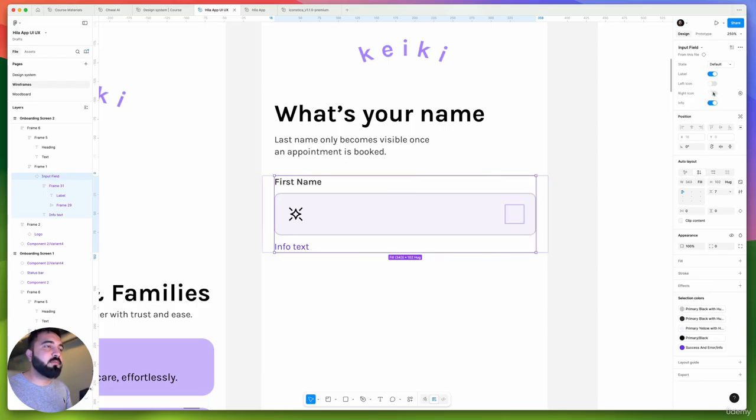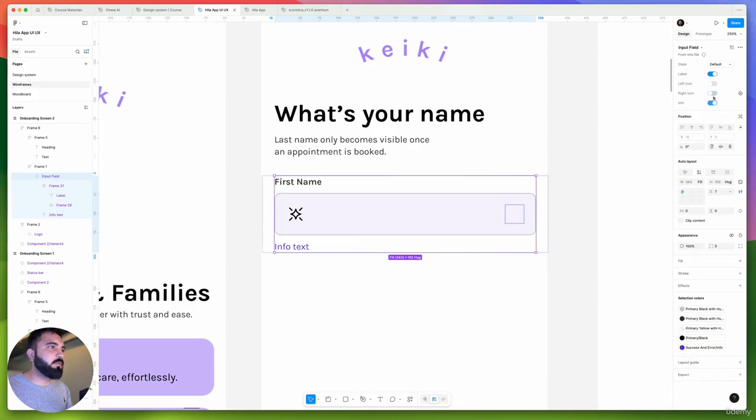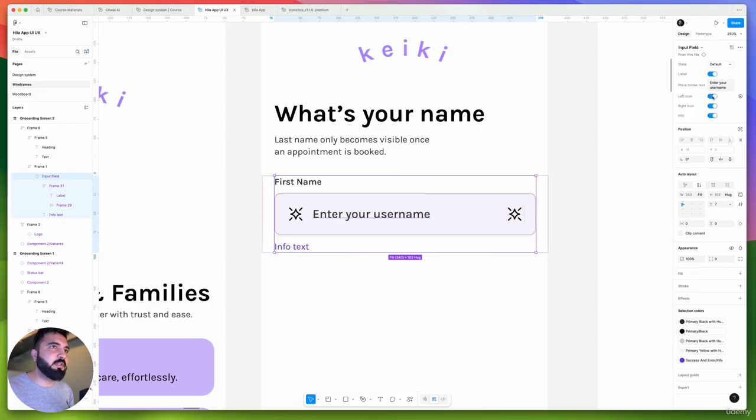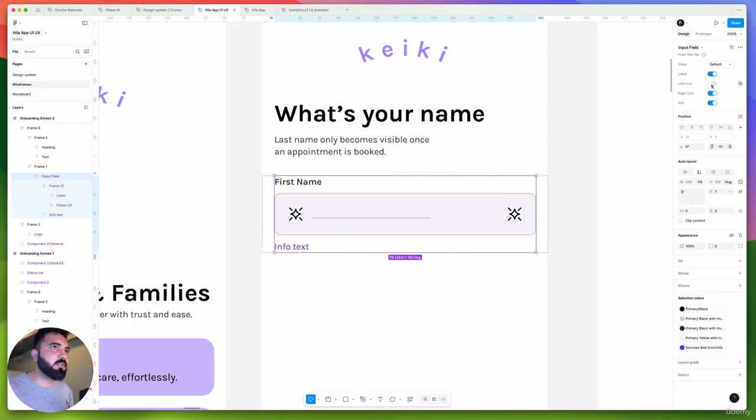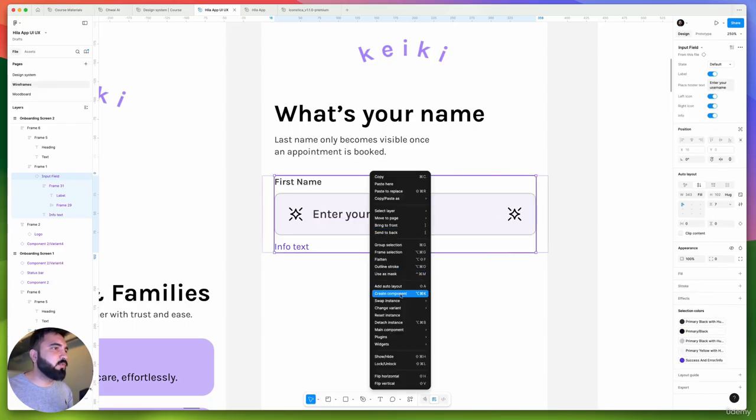Sorry, I need the left icon. Once I unchecked the left icon, the text is automatically disabled, so we need to find a solution for it. Let me just go to the component,